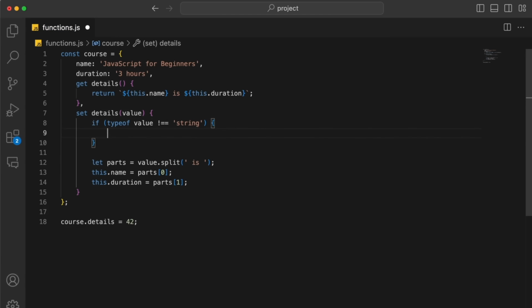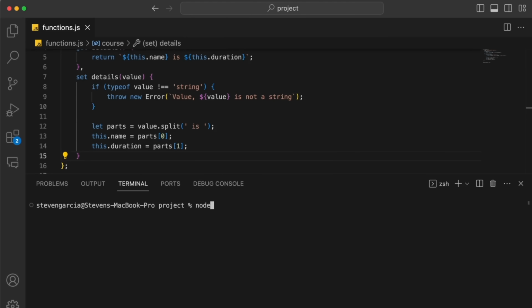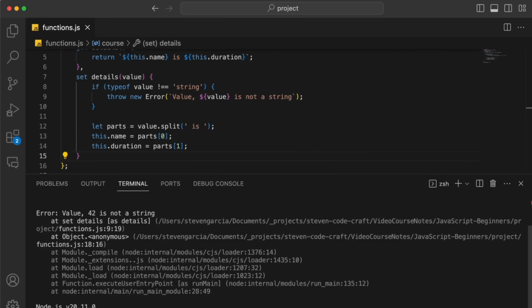So here I'll do curly braces, and instead I'll do throw new Error, and I'll specify the message to be "value is not a string." So now the programmer who is utilizing this setter will get an exception, an error, saying that the value they assign is not a string. Now if I run this with node functions.js, it throws this exception. So by implementing this check in our setter, we can throw an exception when the value isn't a string,